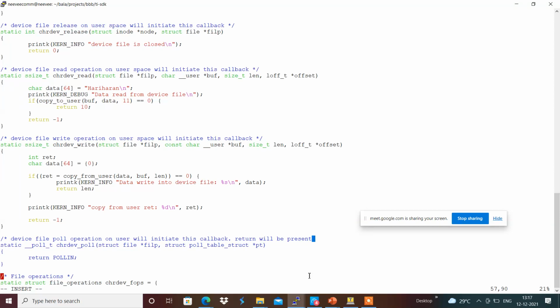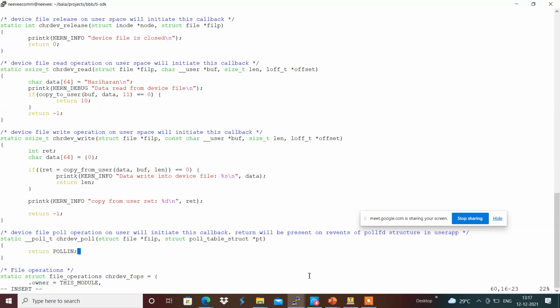Whether we are returning a poll in or a poll out, whatever bits we are returning back will get updated in the revents flag accordingly.